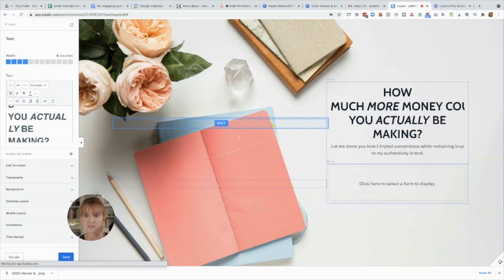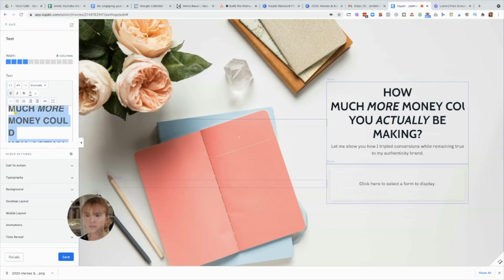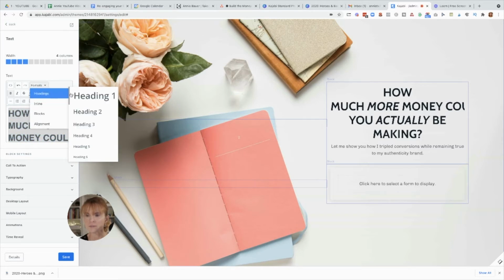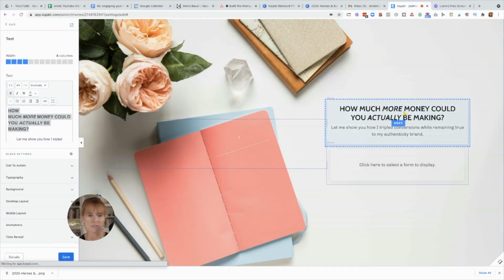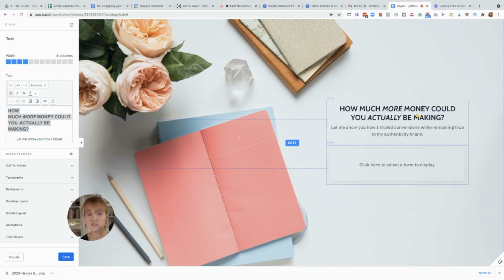And then I'll need to make this a little smaller so that it'll fit in this box. So we'll take the size down a little bit. And now it fits in the box. And you can play around with your design after you've gotten your general layout done. The reason that this is a captivating headline is because it actually piques their curiosity. Questions are really great to use as headlines because it gets people to think and they're thinking to themselves already, well, I wonder what the answer is, so they want to read further.